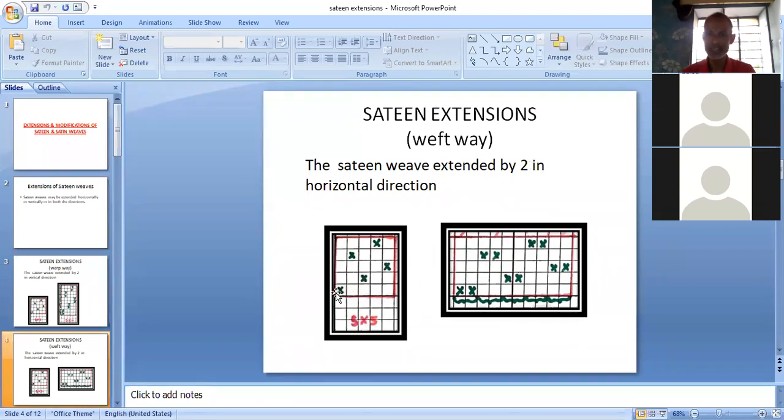So it is horizontal extension, and the basic size is 5 cross 5. Horizontal extension means ends are increasing. We are extending in this direction, so ends will increase. So first end is represented by the first 2 ends. Second end is represented by the next 2 ends. Third by next 2. Fourth by next 2. And fifth by next 2. So I have indicated brackets here on 2 ends: first 2 ends, then 2 ends, then 2 ends, then 2 ends, and 2 ends. Means these 2 ends are representing first. Next 2 are representing second.